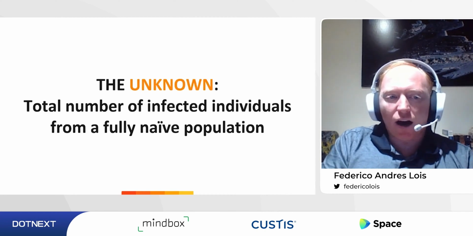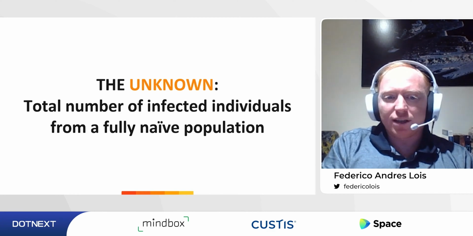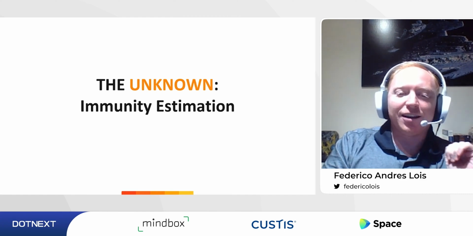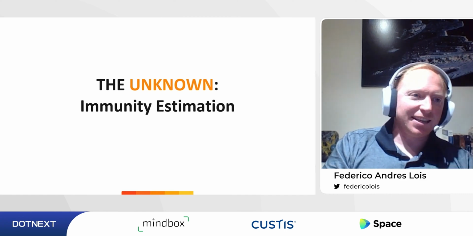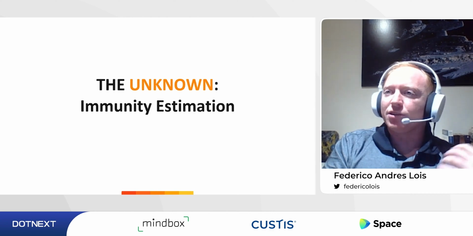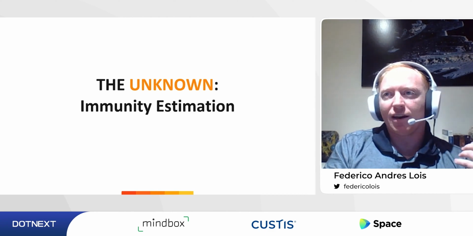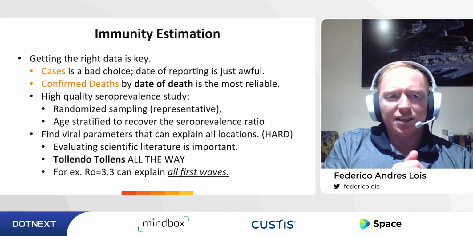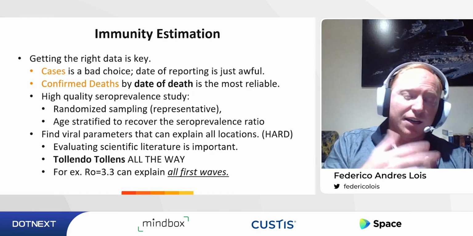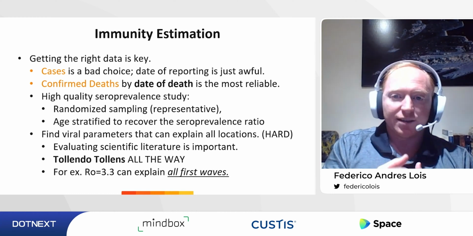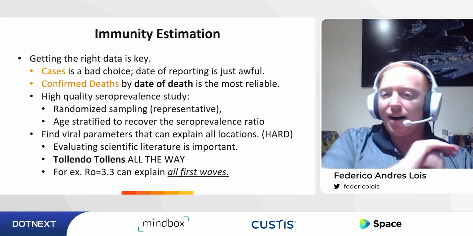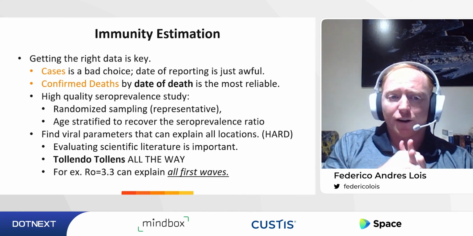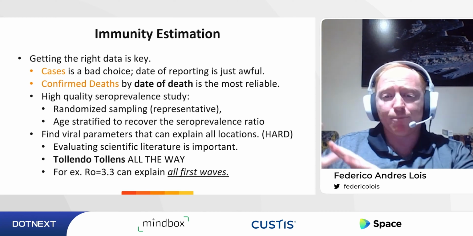So, the unknown is our total number of infected individuals from a fully naive population. We will call this immunity estimation, because essentially it's a number. We want to know how far we are into the immunity of the population. The key of immunity estimation is getting the right data. We talked about cases. Cases is a bad choice. Date of reporting is just awful. So the only thing that actually makes sense is to have confirmed deaths by date of death and work